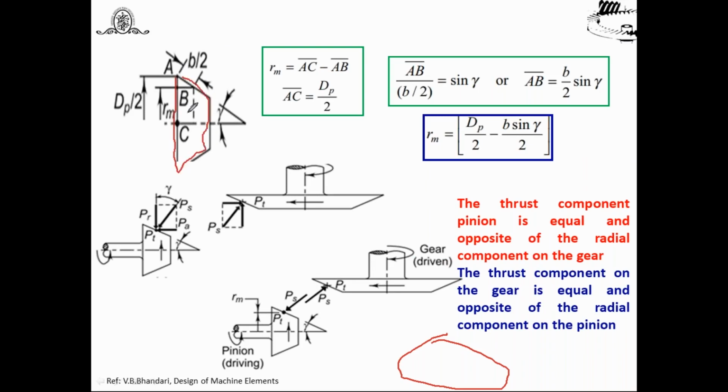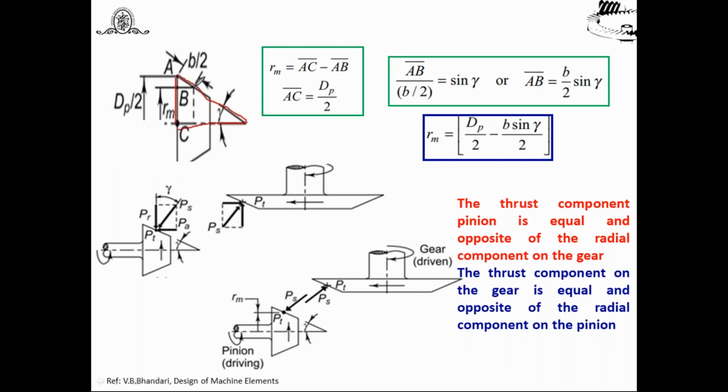Look at this. This is the center. Again, this is the pitch angle gamma. And you know, for a pinion, the half is DP at the outer end. Look at this large end. This is DP, half of it you will get DP by 2. But we have considered the tooth forces at the middle. That's why from this up to this axis it's RM. So by considering the geometry simply,